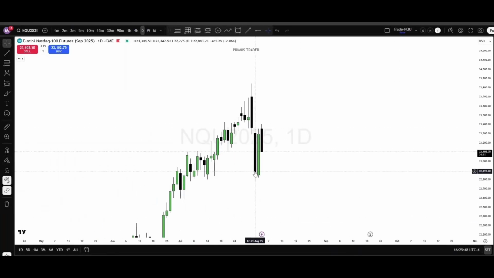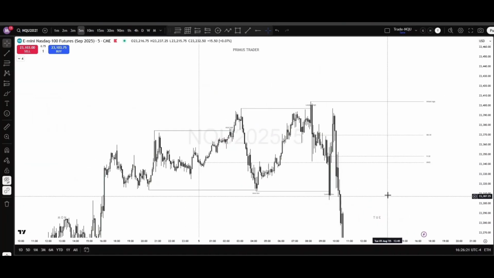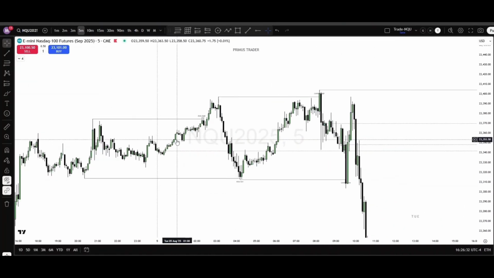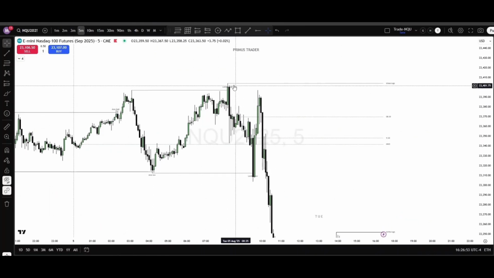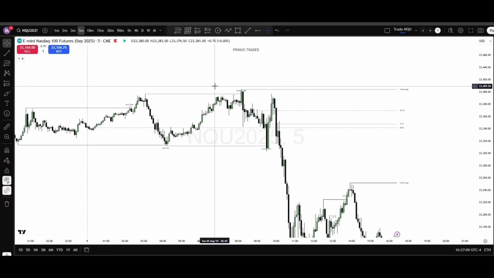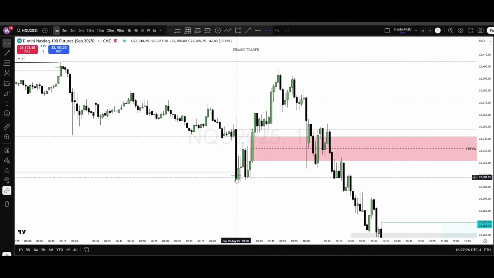Today I did have a bullish bias after yesterday's candle, recovered Thursday and Friday's loss, so I was wanting higher prices. Asia and London session here was pretty much accumulation. We took the highs and the lows of both the sessions, so I was waiting for 9:30 market open. Originally I wanted price to trade lower, which it did.